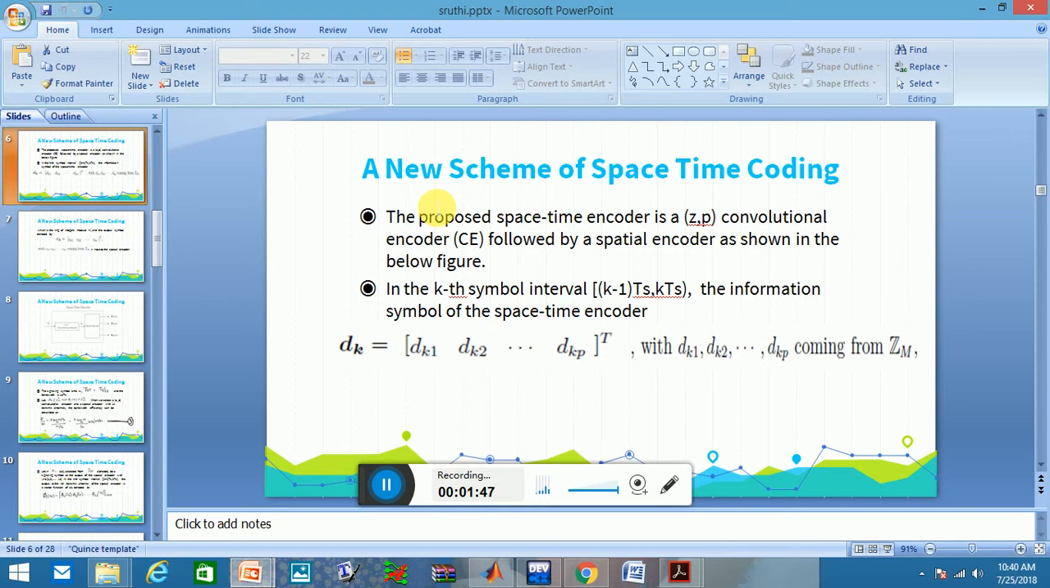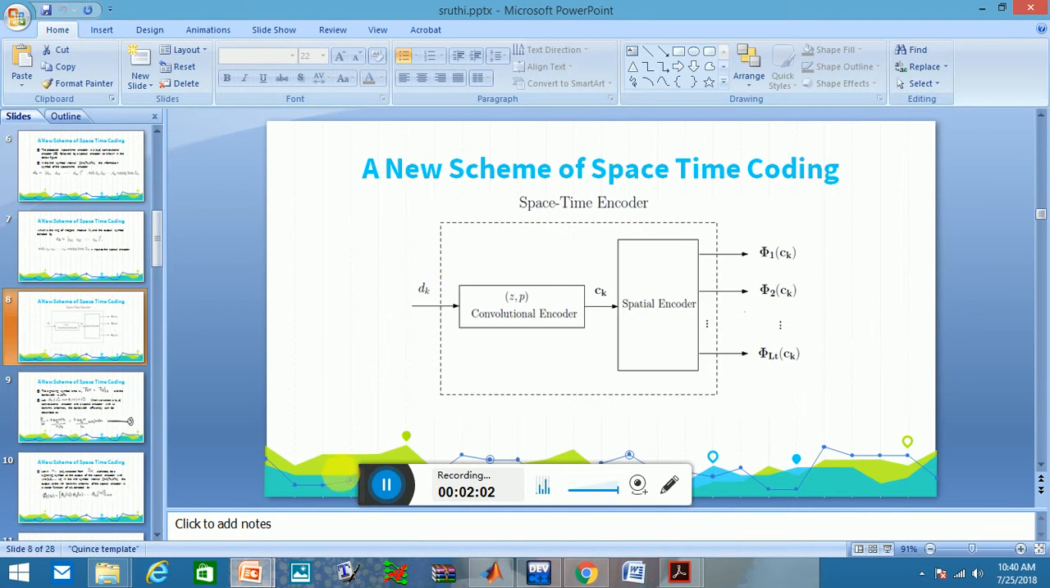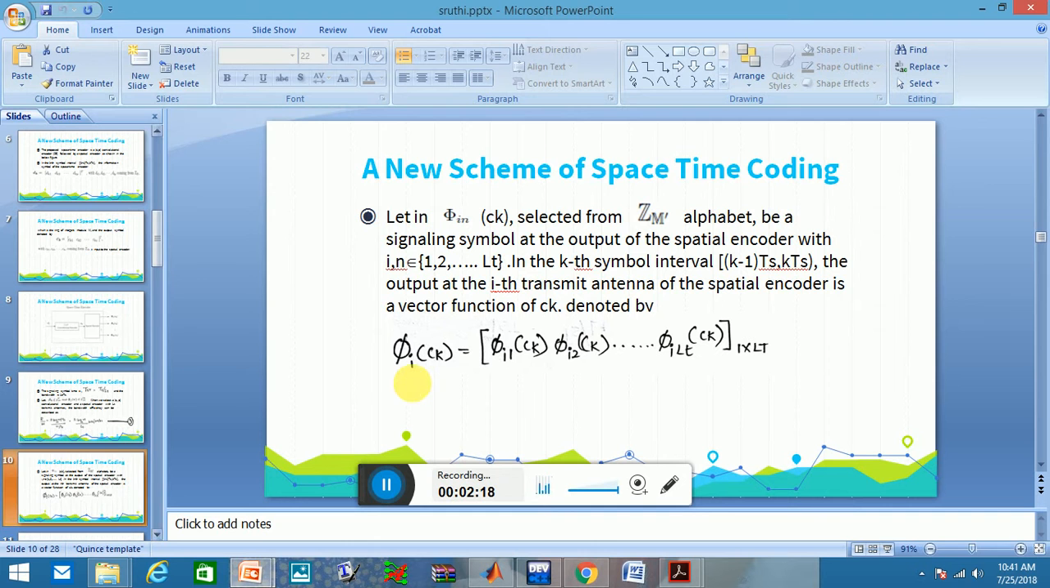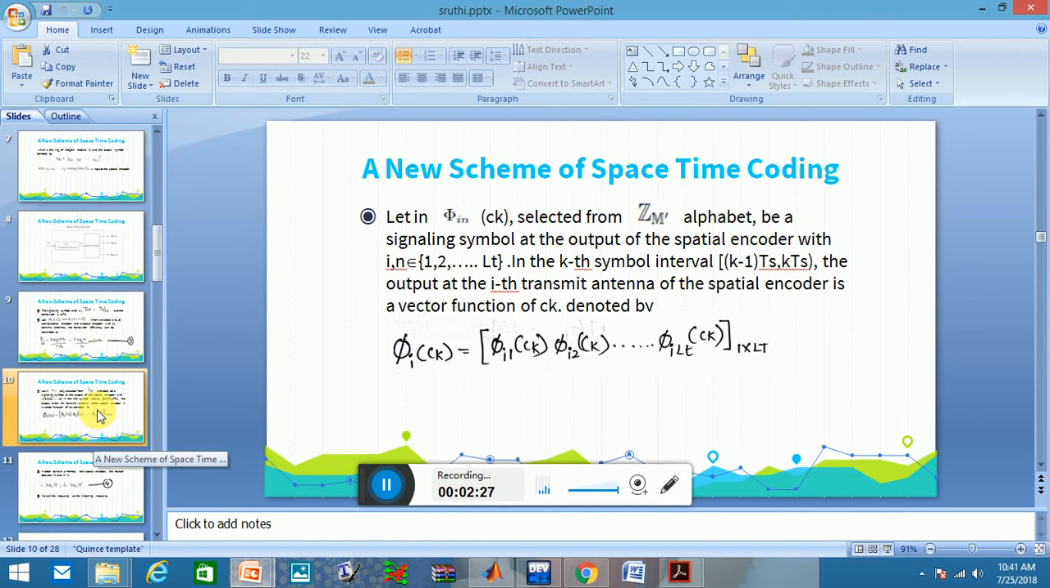Normally, a space-time encoder is a single block, but in my proposed scheme, I have added a convolution encoder along with a spatial encoder, as shown in the figure. And this is the figure, and the input of the spatial encoder is the following. Here I have considered my signaling time as TST, and the bandwidth efficiency is given by the following mathematical equation. The output of the space-time encoder is a vector function, which is denoted by this, and it can be written as